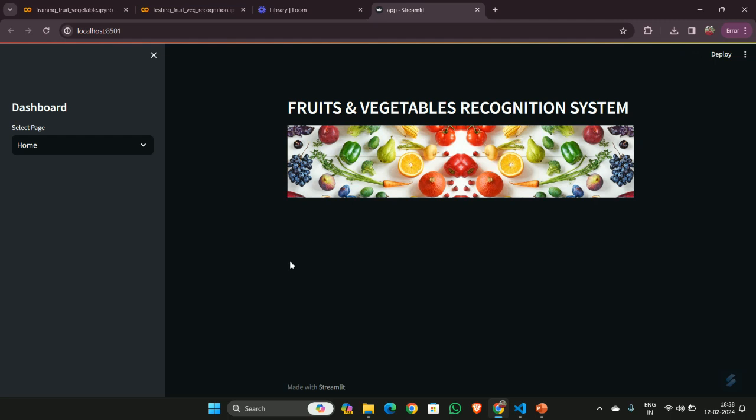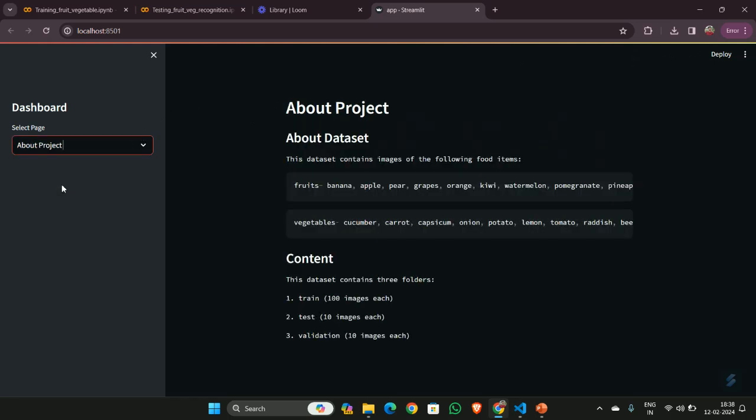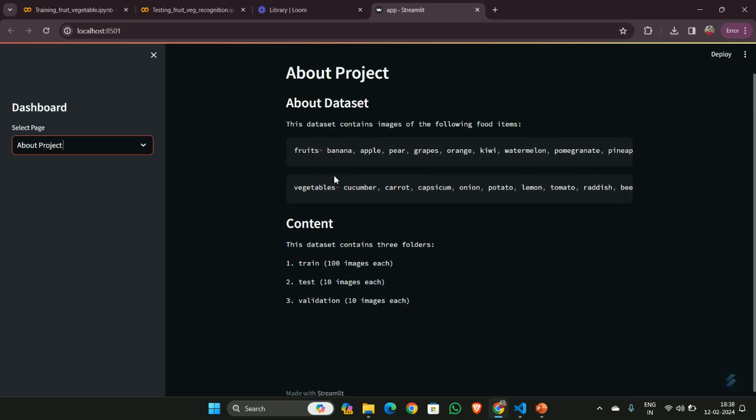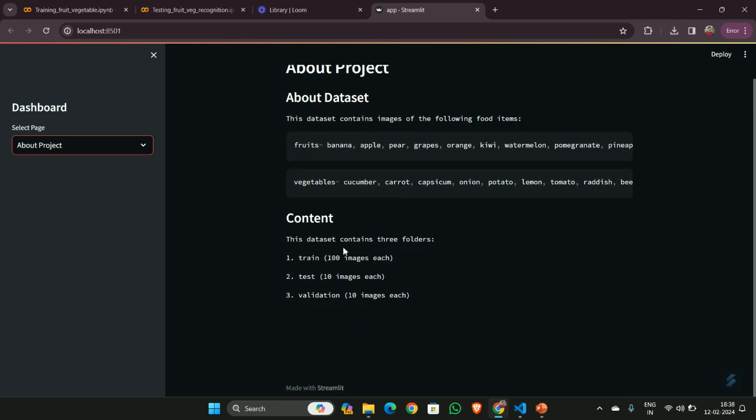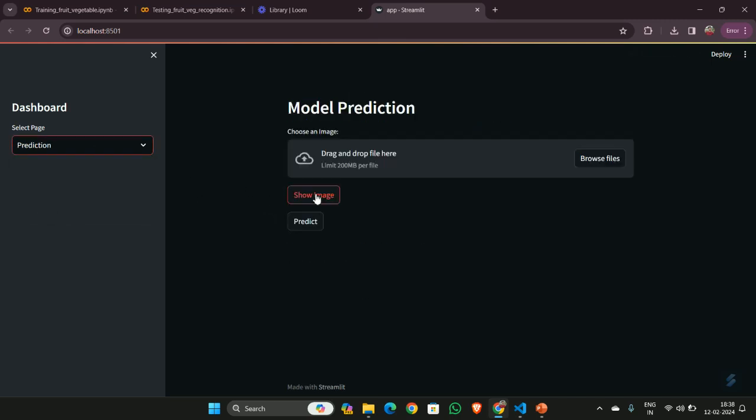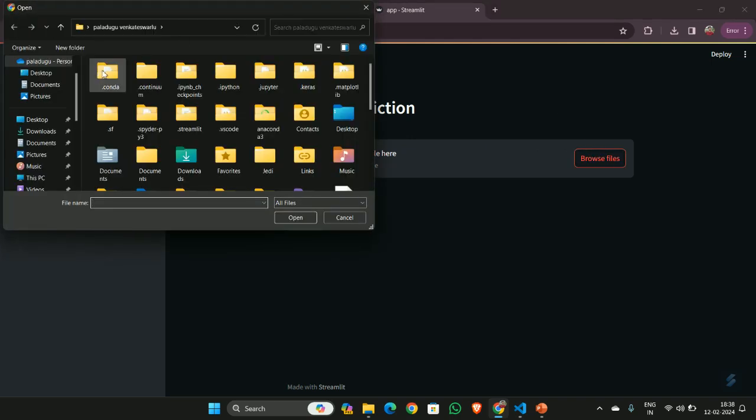See, here is our project and here is our home button, and here is the about section of the project. We import the datasets, and the dataset contains 100 train images, and 10 each of test and validation images, and we predict the fruit and vegetable. We have to browse the files,